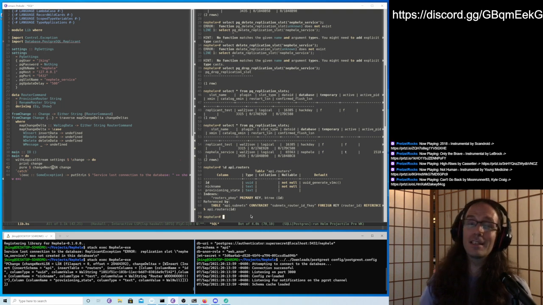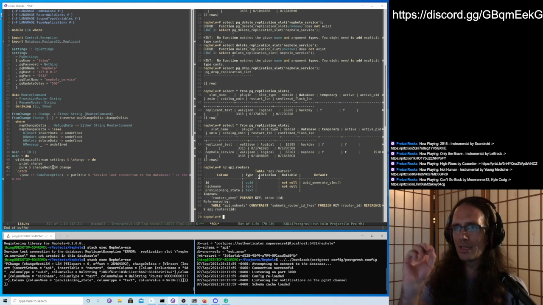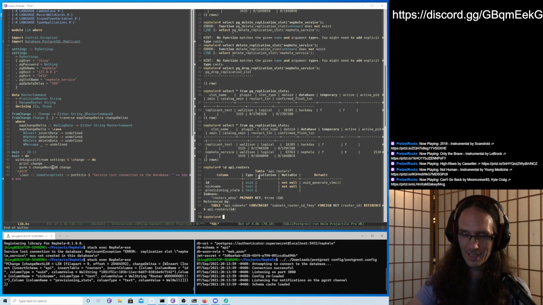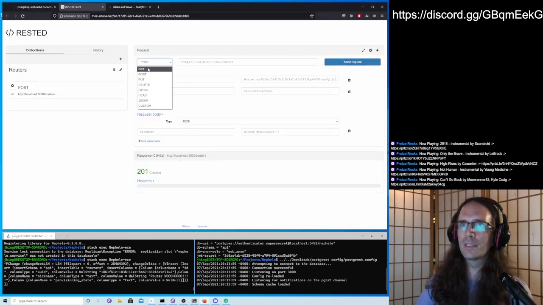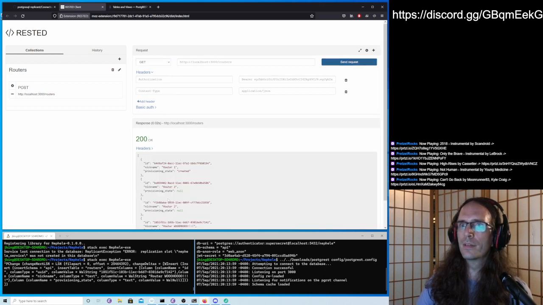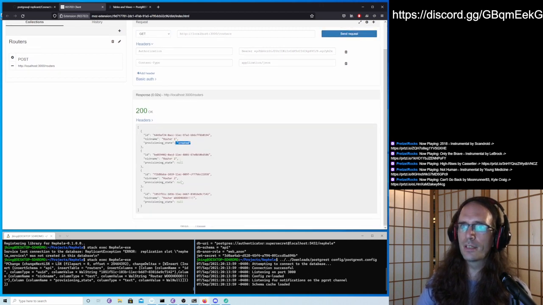All right, slight diversion. Another thing you can do is that because this reads right out of the tables in the database and serves it straight into the API, if we make that GET request again to routers, we got this provisioning status. If it's null, we just get null here. We can fix that so that there's a default value for it. And that's so the user can't set it when they post to it and stuff. There are ways we can do that, but we could do it all in Postgres.